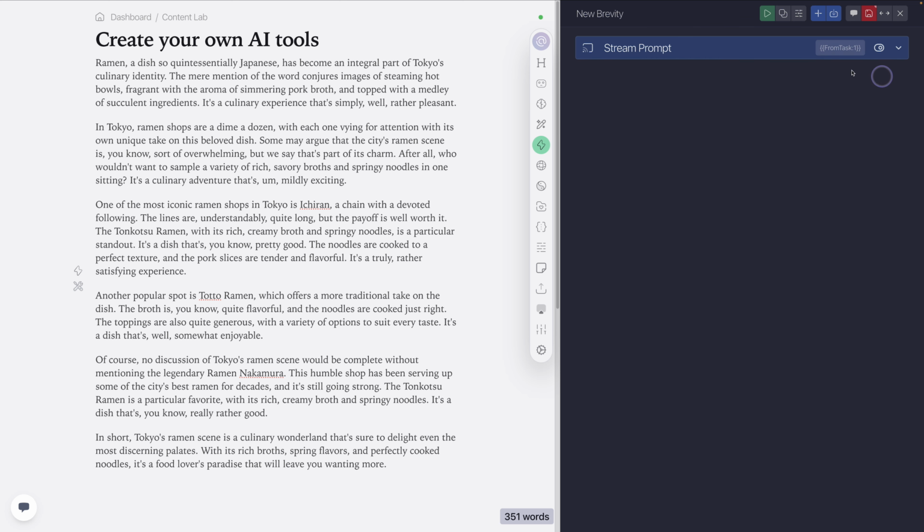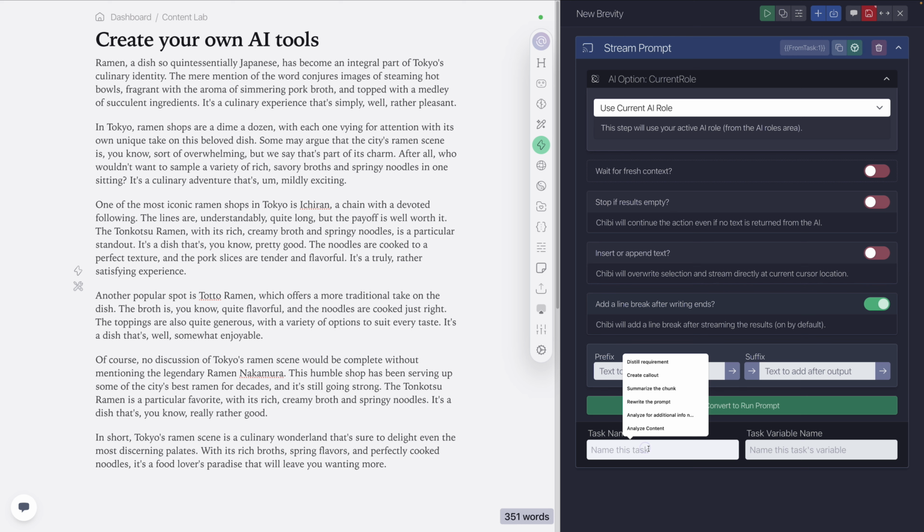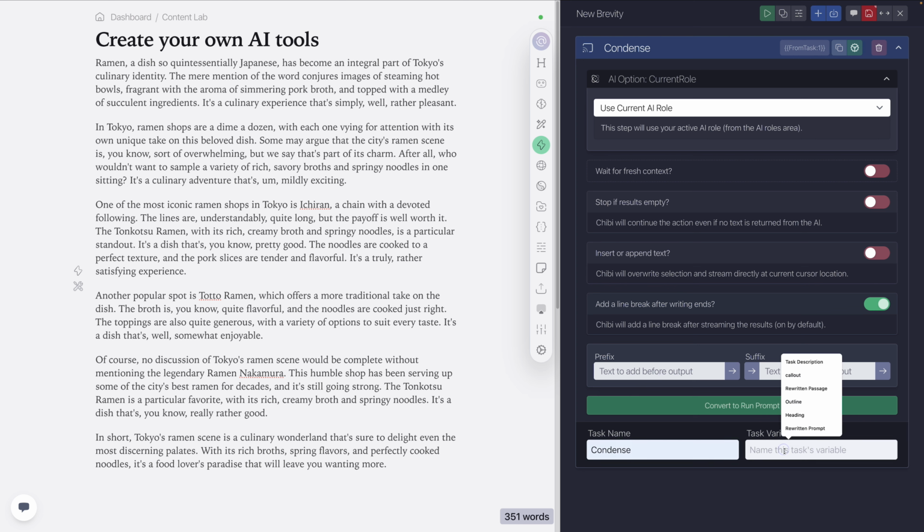So I'm just going to remove this one for now. Let's go into the settings here real quick, and let's just go straight to the bottom so that we can write down what we're doing here. We're going to write into here something like condense. We've already got the word condense in our pop-up here, and we'll say